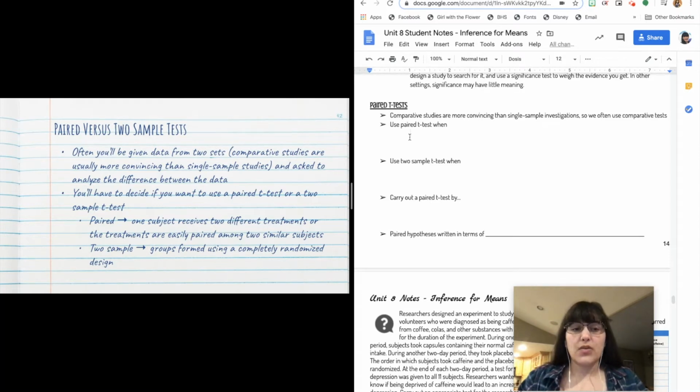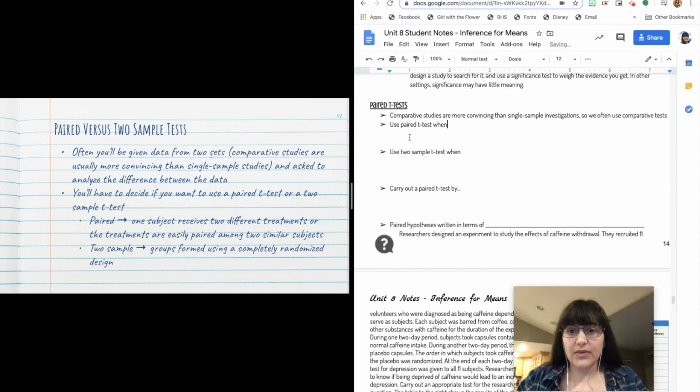We use a paired t-test in two different scenarios. We use a paired t-test when,